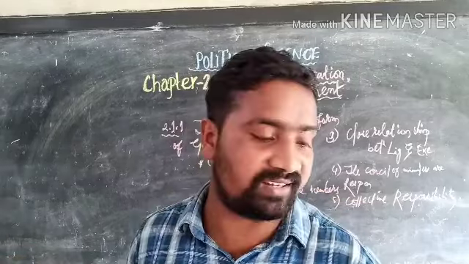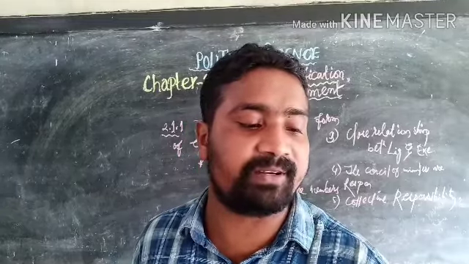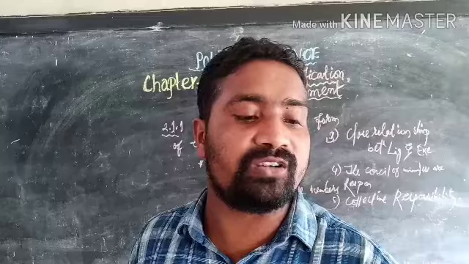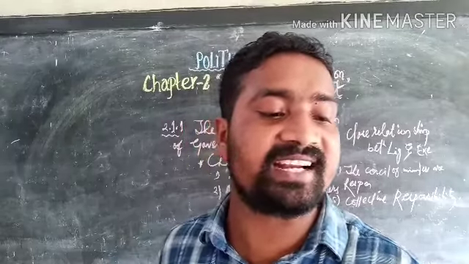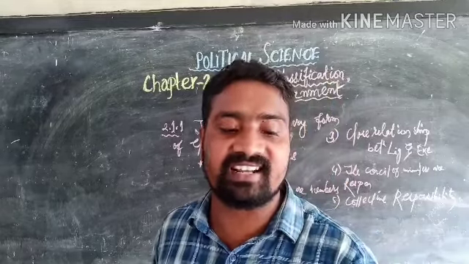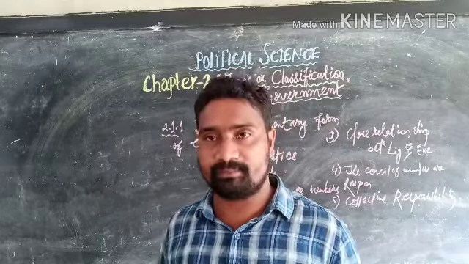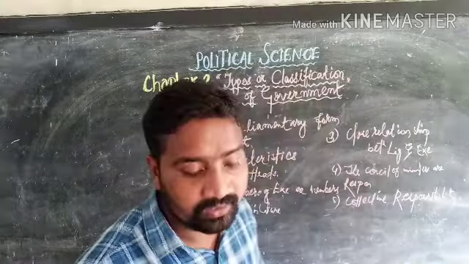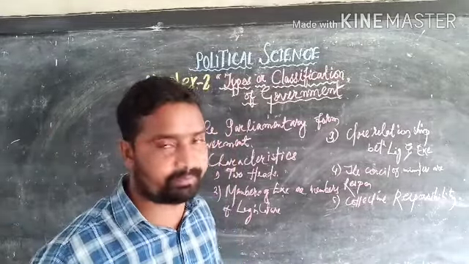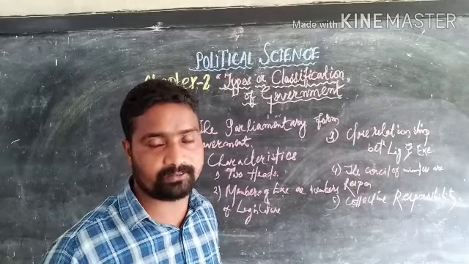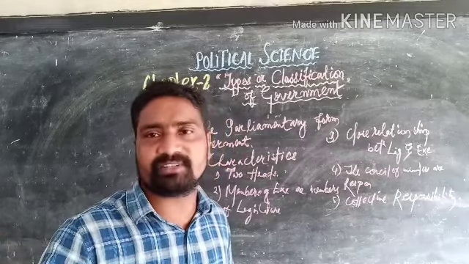Okay, and then the fifth one, another demerit of the parliamentary form of government, is that the electorate or the voters can't take any measures against the elected members of the legislature till the next election, even if they ignore the interests of the common people. So now, for example, our government in the center is being formed by the BJP party. I am only telling you an example. And this BJP party has formed the government with a single majority.